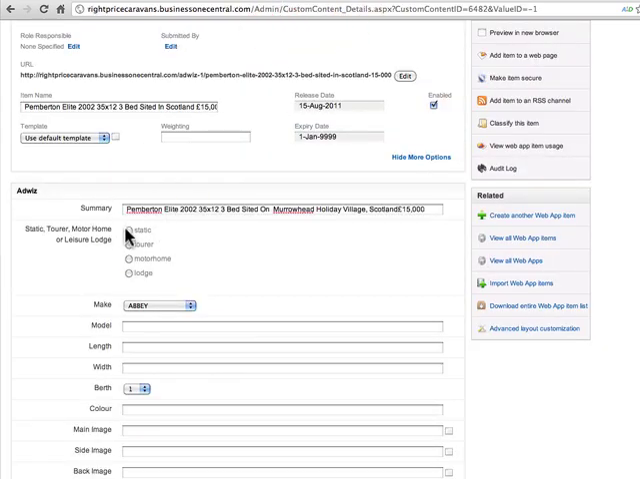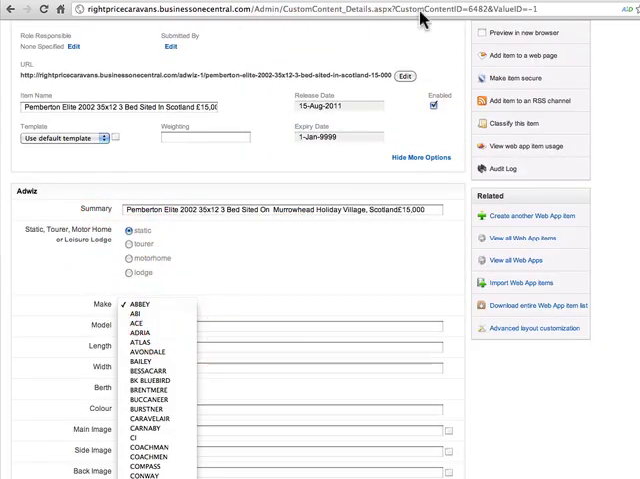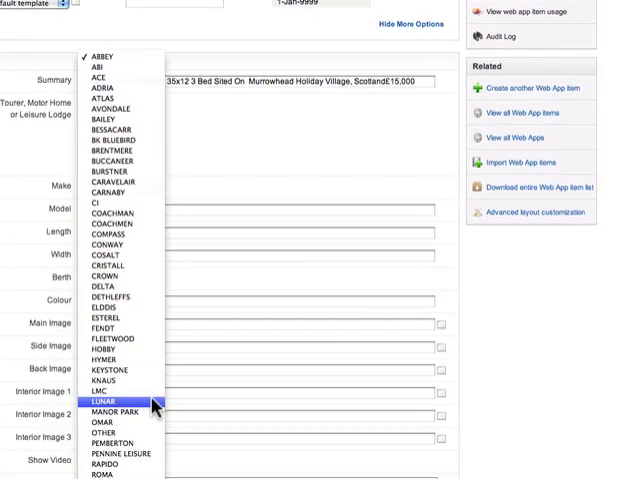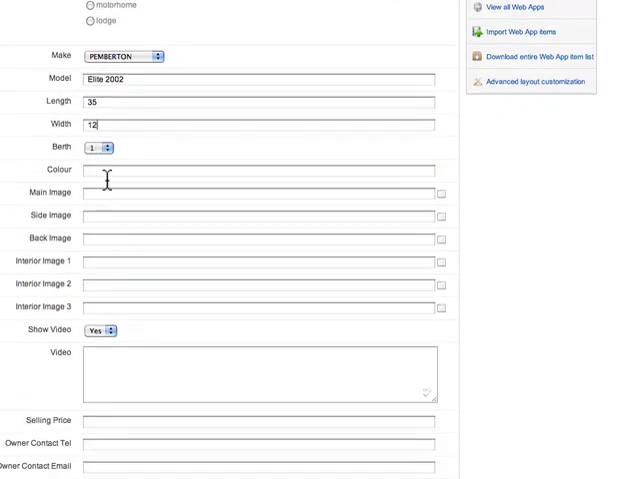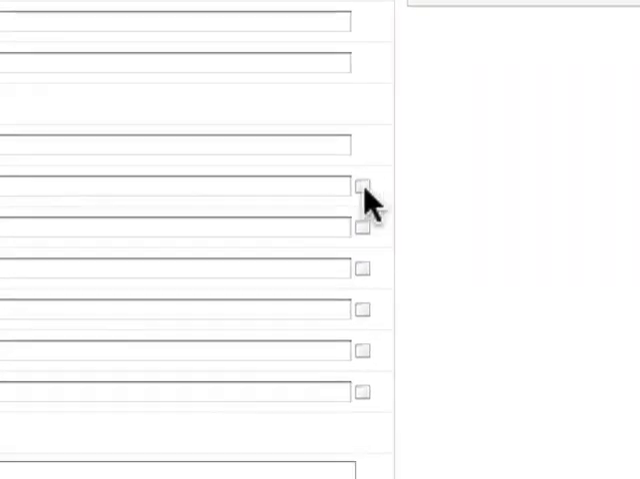Put that in there, choose what it is, static, choose the make, so this is Pemberton, Elite 2002, 2002, length 35, width 12, so on and so forth, colour, and then to upload the image you click on the image tab,